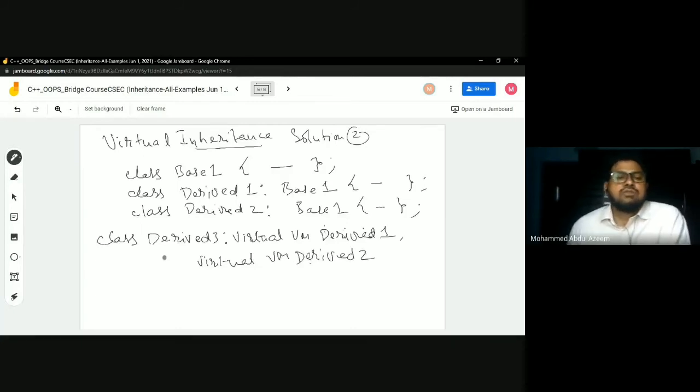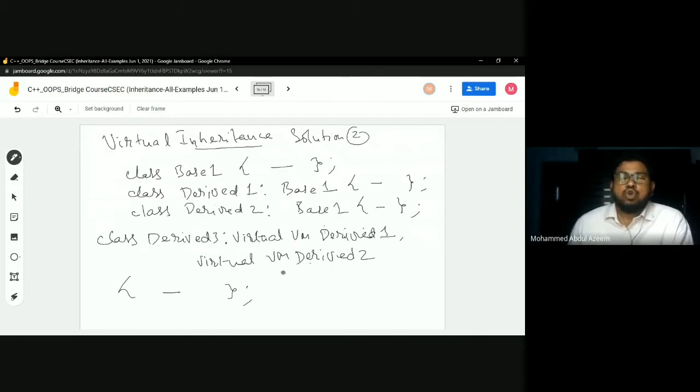Okay, so now you can see here, when I'm defining the code of derive 3, which is inheriting both derive 1 and derive 2, fine. And we know that there is a possibility of this base 1 copy being duplicated at derive 3, because of being inherited at both derive 1 and derive 2, which have already taken one copy of base 1 each. And the same can be here when made available. Base 1 can be duplicated, and that is required to be eliminated.